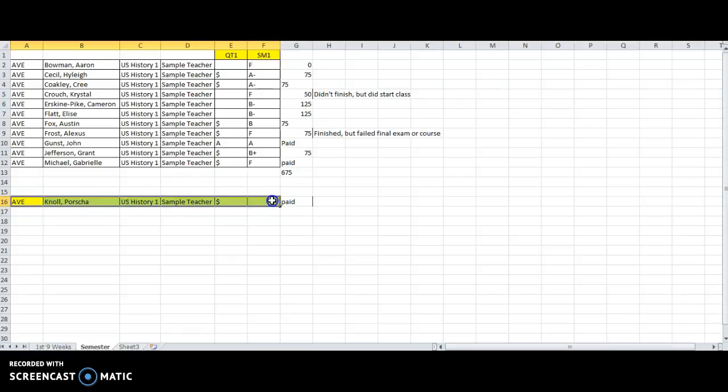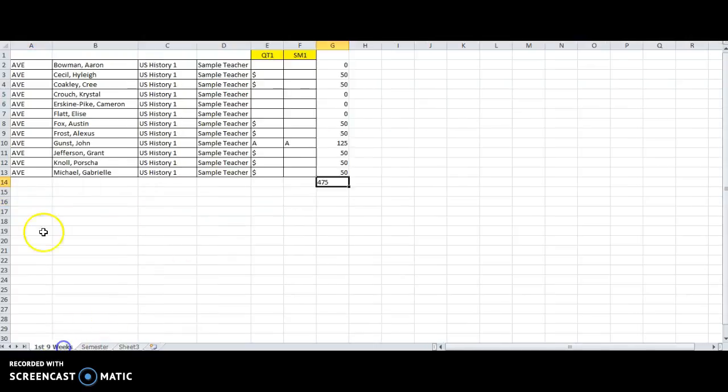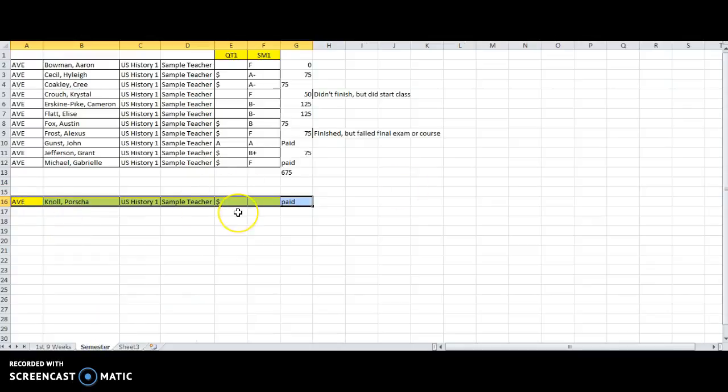I've removed the Portia Knoll, and I'll explain why she was line number 12 here. Over here, I've pulled her way out and highlighted her, and I'll explain that in a minute. So based on the payout scenarios, what we're looking at is, again, that SM1 grade. These do get transcripted for students, and so this is how I conducted the last 9 weeks payout, or the